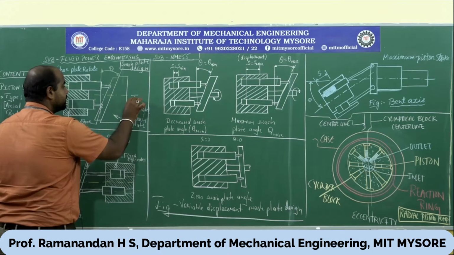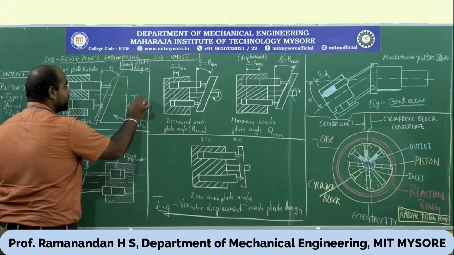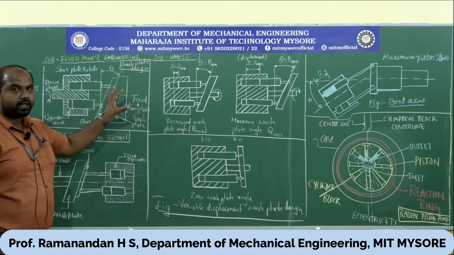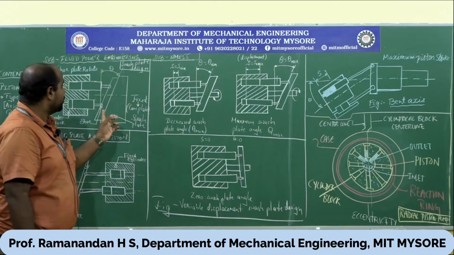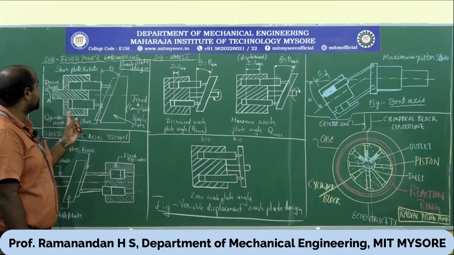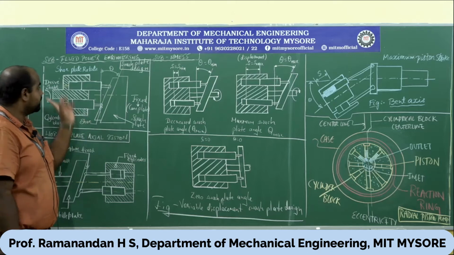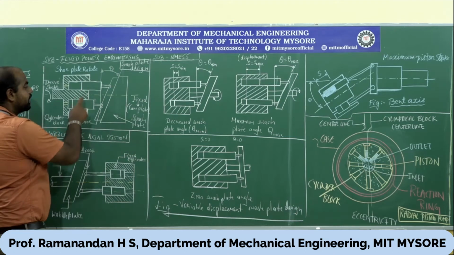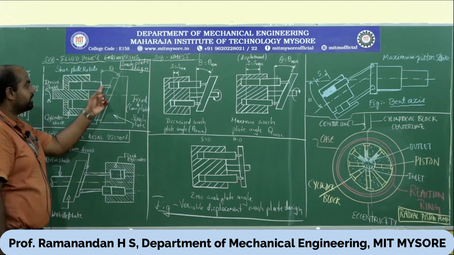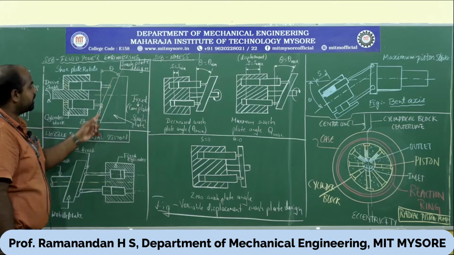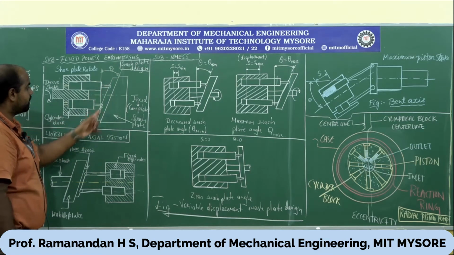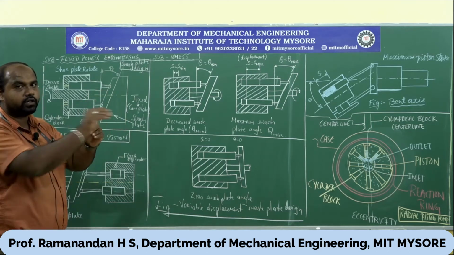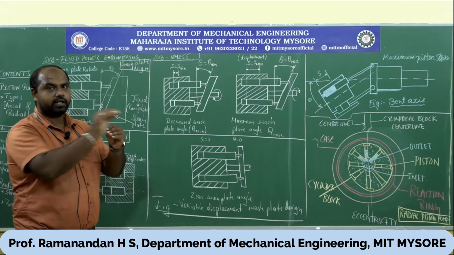Usually this is fixed here. So this cam plate is usually fixed, which means the cylinder block is moving. The cylinder block will be continuously revolving. You can see here two cylinders are represented, with a piston attached to something called a shoe plate. This plate is called a shoe plate, and these are the shoes. Shoes are provided for the in and out travel of the piston on the swash plate.